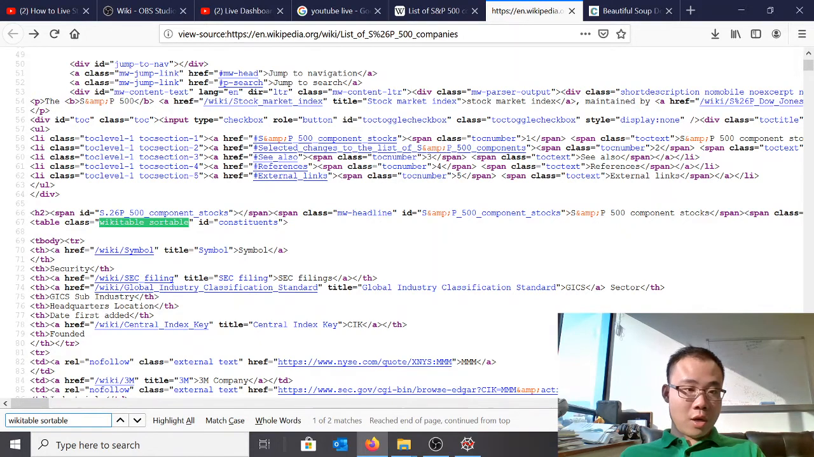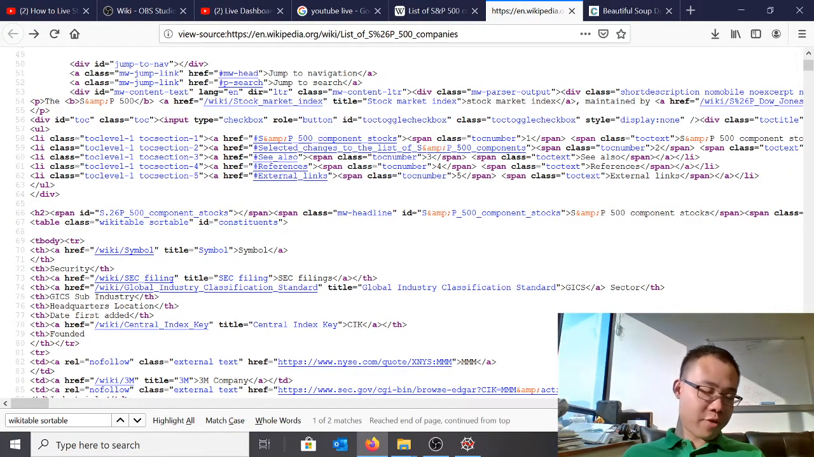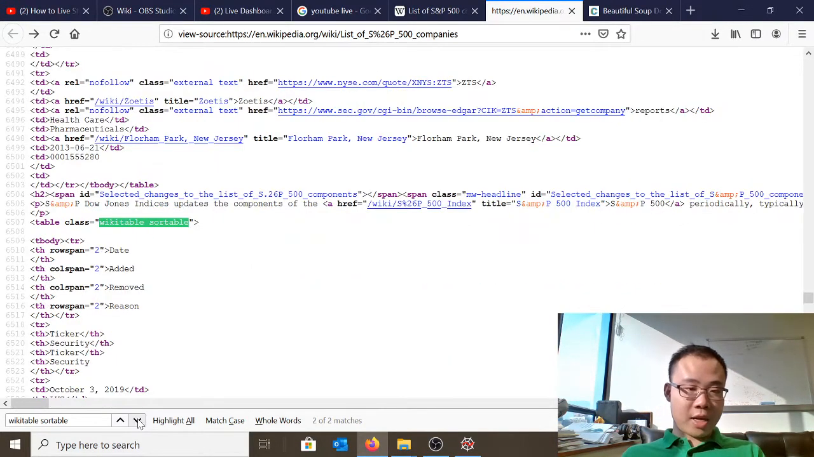See, there is a table and the class is equal to wikitable sortable. If it's not wikitable sortable, if they have different classes of tables, it may be some other class equals Frankie. Then I'll just use class: Frankie, right? Now we have